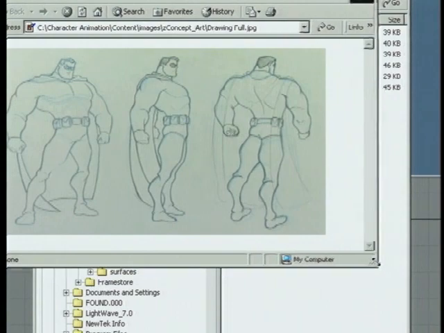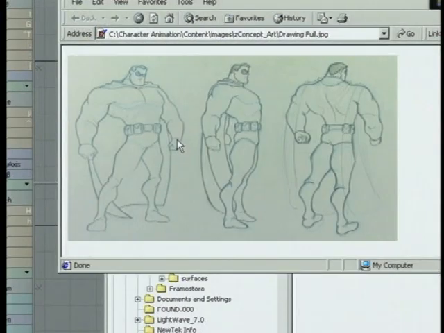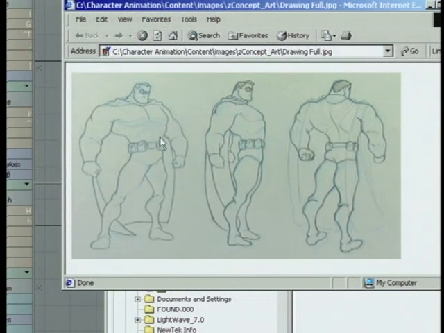As you can see, he's kind of a big goofy superhero, very top heavy, small head, kind of angular body with a cape and his standard superhero utility belt. We're going to start by focusing on the torso region. And as you can see, he's got a really broad chest and very wide shoulders. So we're going to try and keep to that design as we translate this into a 3D model